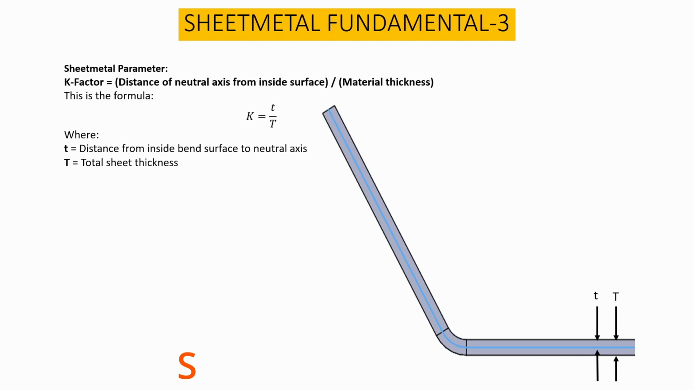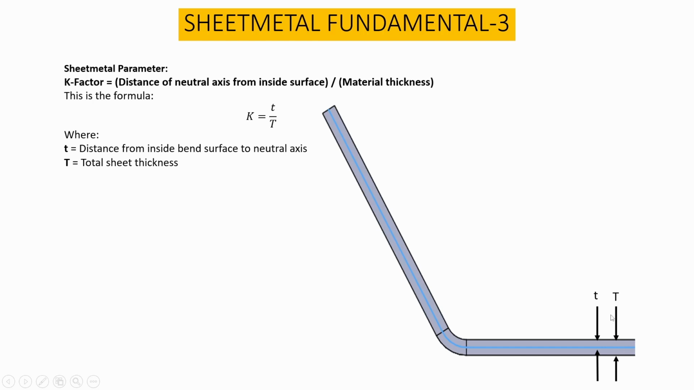The first parameter is the K factor, and K factor theoretically is given by the distance of neutral axis from the inside surface divided by material thickness, as in symbolic K equals small t divided by capital T, where small t symbolizes the distance from inside bend surface to neutral axis, and capital T is the total sheet